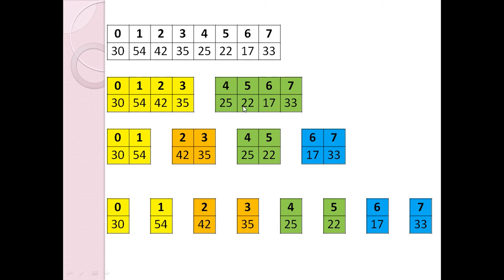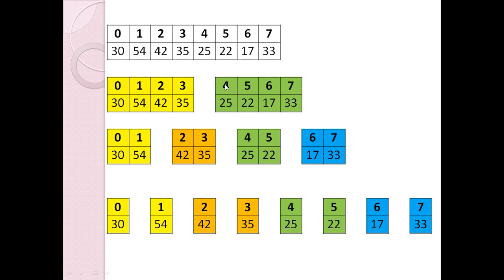Now this divide process is recursive. So we will also break these two problems. The first problem from 0 to 3, so mid is 0 plus 3 by 2, that is 1.5, integer part is 1. So this problem is broken into subproblems 0 to 1 and 2 to 3. So this problem has also been broken into two problems. Now this problem will also be broken into two problems similarly.